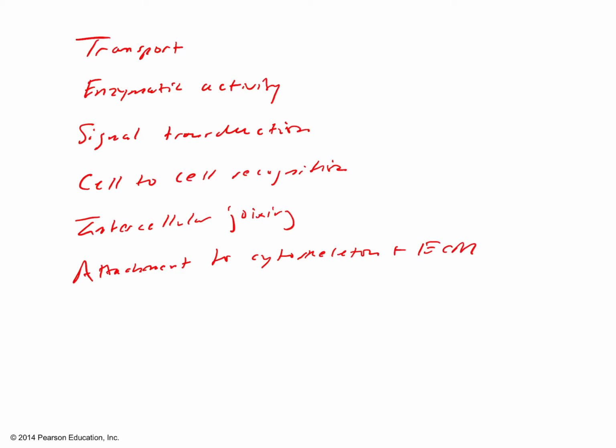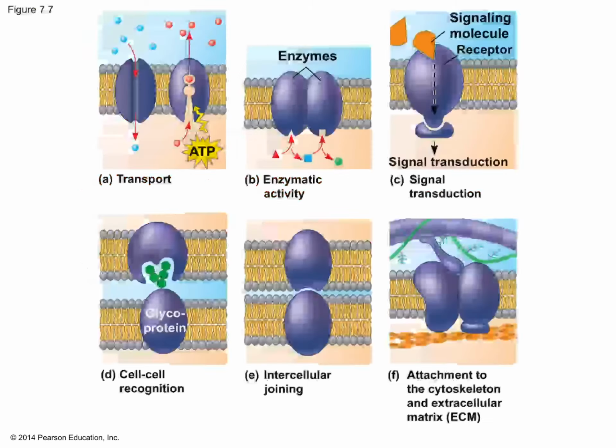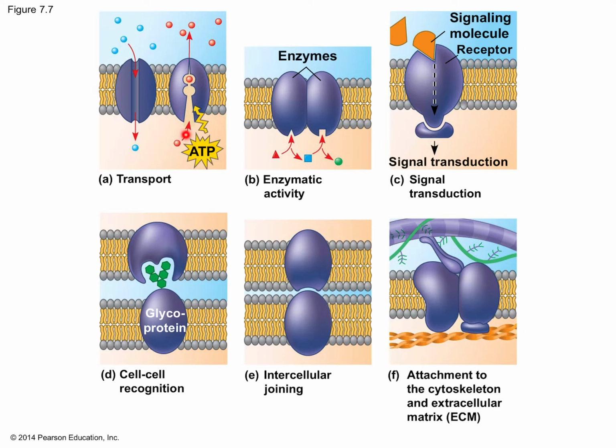So most membrane proteins can be lumped into one of these 6 categories, and we're going to talk about these in a little more detail here. Okay, transport proteins. And in fact, transport proteins are what we're going to spend a large part of the rest of this chapter talking about because they're so important in helping to determine how things move into and out of a cell. So transport proteins, we have proteins that act as simple tunnels, allowing things to diffuse from high concentration